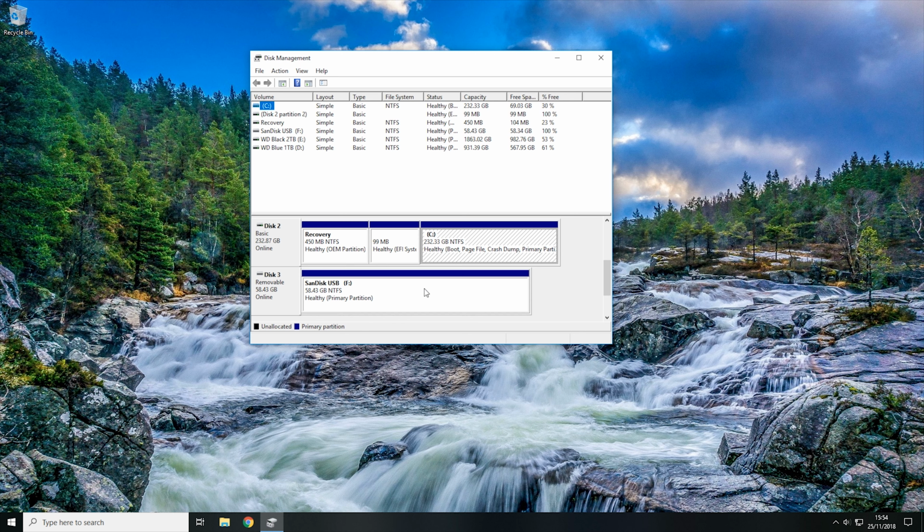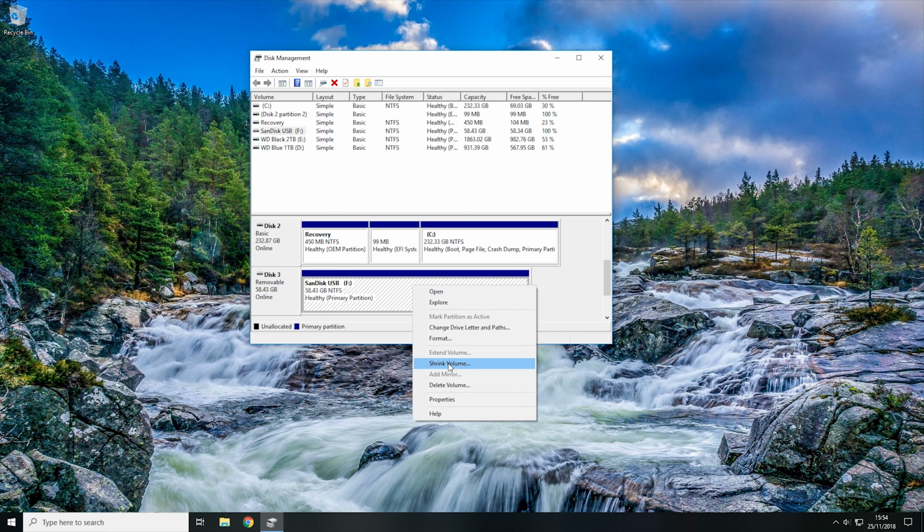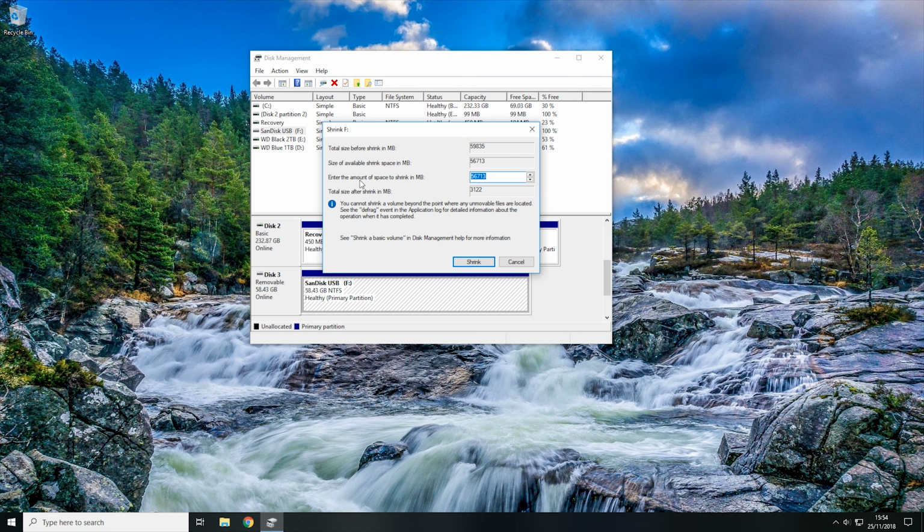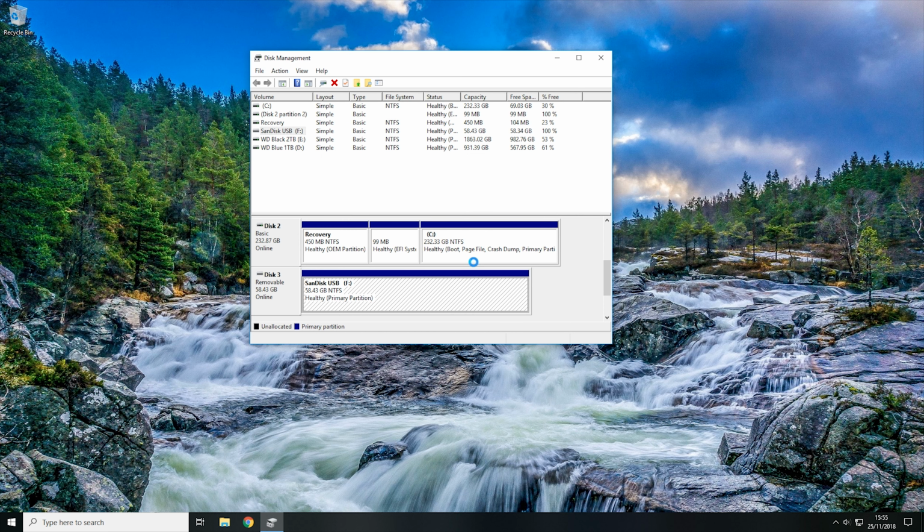So all I'm going to do to add a partition is right click on the volume, and then click shrink volume, and then in the amount that you want to shrink, that will be the size of the new partition. So I'm going to put mine at around 26,000, and that will make the new partition around 26 gigabytes. And then I'm going to click shrink, and now as you can see, we now have a 26 gigabyte unallocated